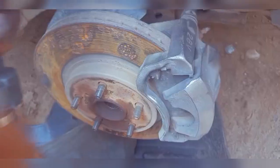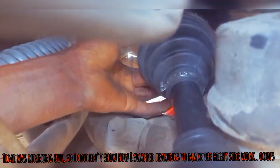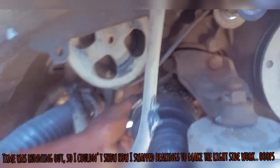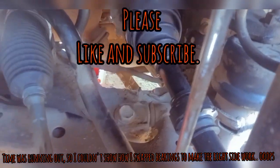So I'm putting it in, minding the bearings as well. This needs to go one side. Okay, there we go. It's really one of these messy jobs that one has to do. I got it. So I'm done installing the shaft on this side. It's quite tricky. I had to replace the inner bearing to have this go in. So right now